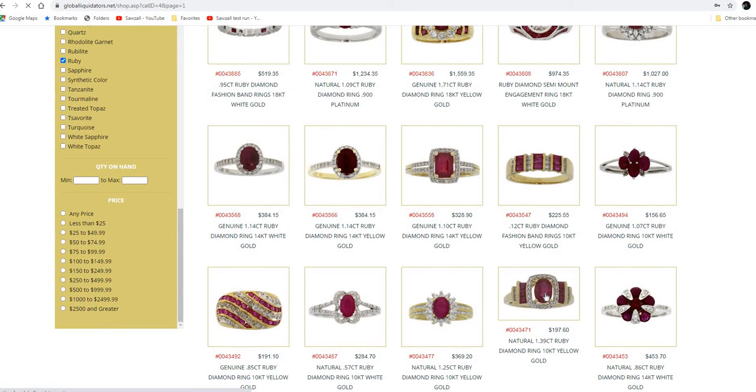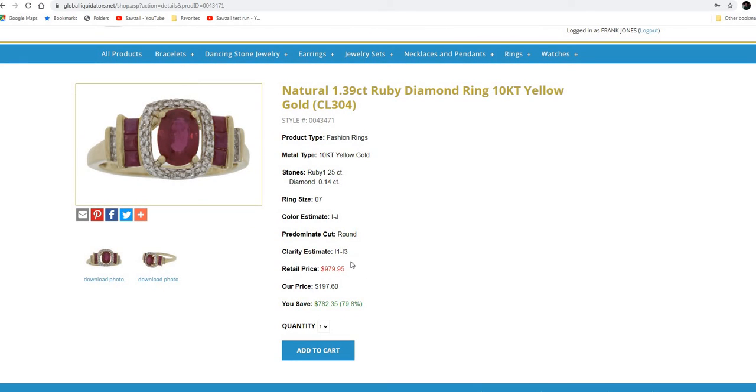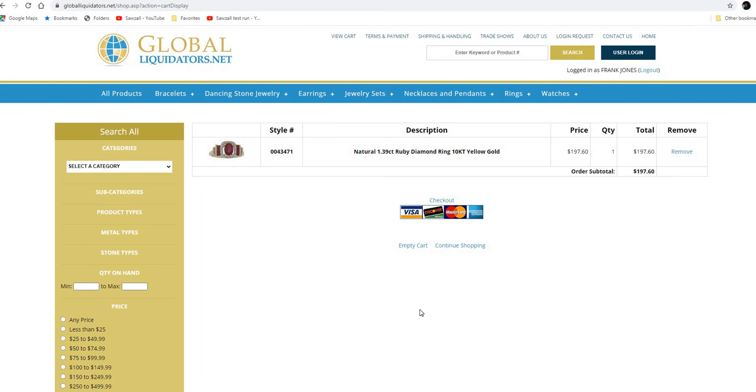If you click on one, it'll bring the main page for that item up, and you can see everything about it. You can see that your cost is right here, $197.60. If you want to add it to cart, you can do that. And now you have created the first item in your cart. If you want to take it out, you can click over here and the remove button, it'll take that item out. Let's say that this is the only item you decide that you want. You can now go to checkout